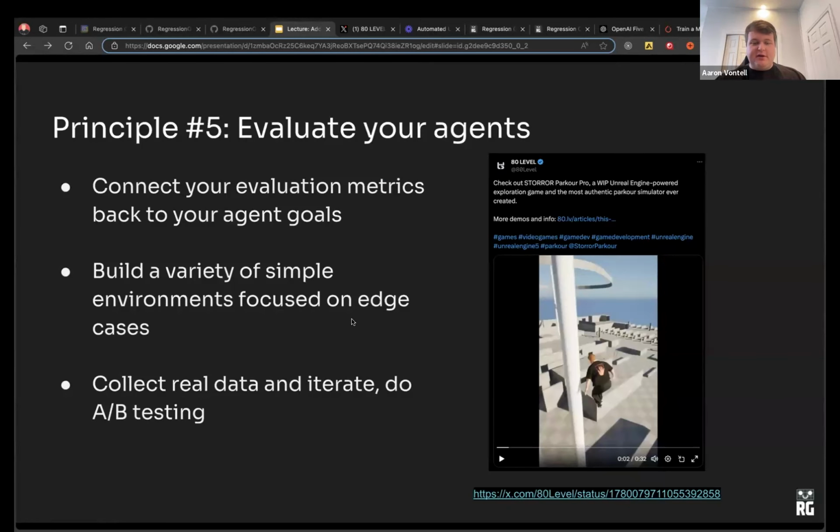And then of course, the last part of it is to collect real data and iterate, like actually see how your agent is doing based on these evaluation metrics, and then do some A/B testing as well of different ideas and see how they might work. So